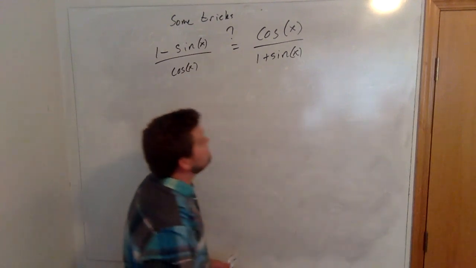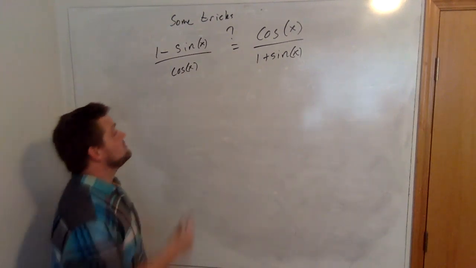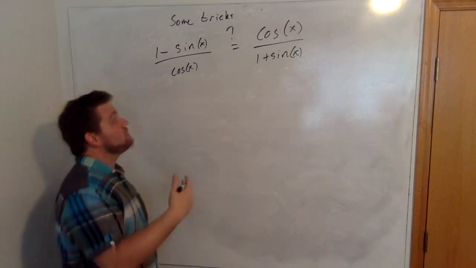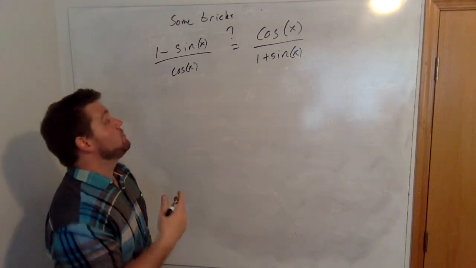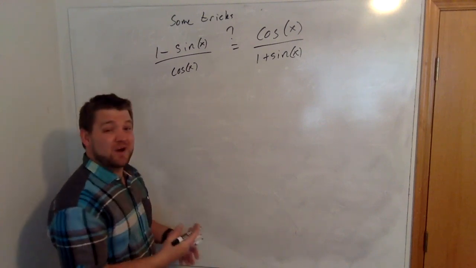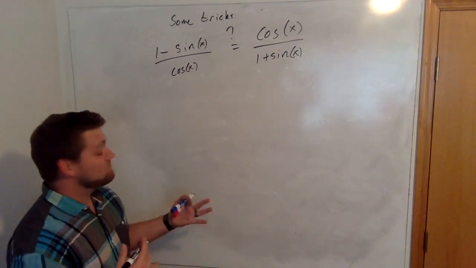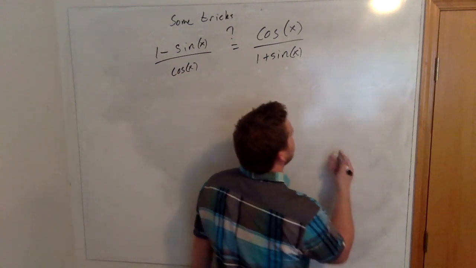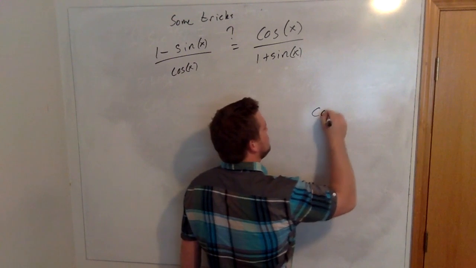Well, the trick for these type of problems, specifically if you see a 1 minus sine, a 1 plus sine, or a 1 minus cosine, a 1 plus cosine, and you wish we had pieces that were squared to use a Pythagorean identity, we're going to try using conjugates, and that's the trick here. So we introduce conjugates. Now, if you don't remember what a conjugate is,